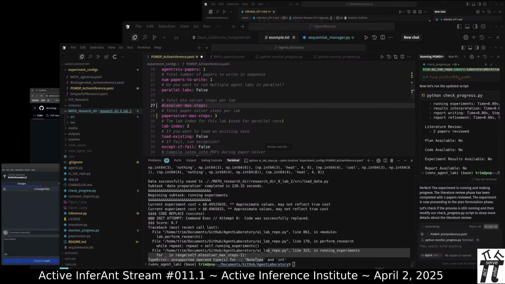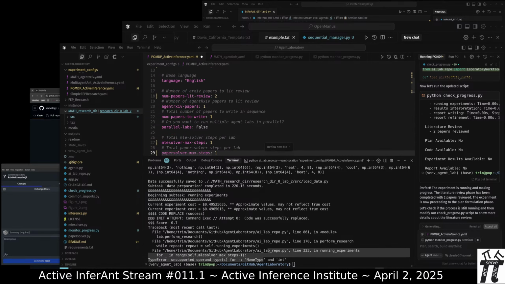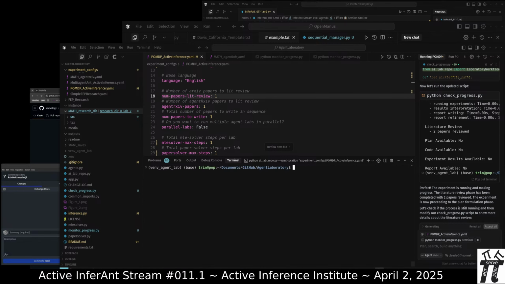MLE max steps. Let's just do one max of everything so that it happens for all the stages. Okay.